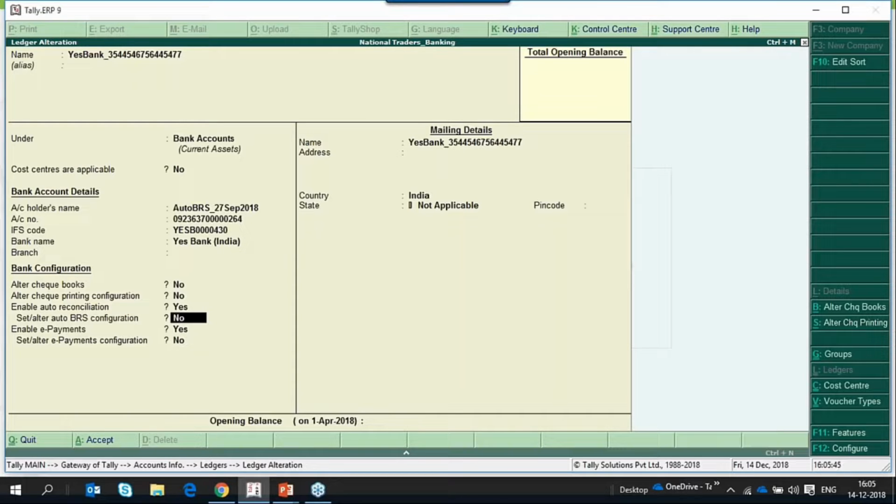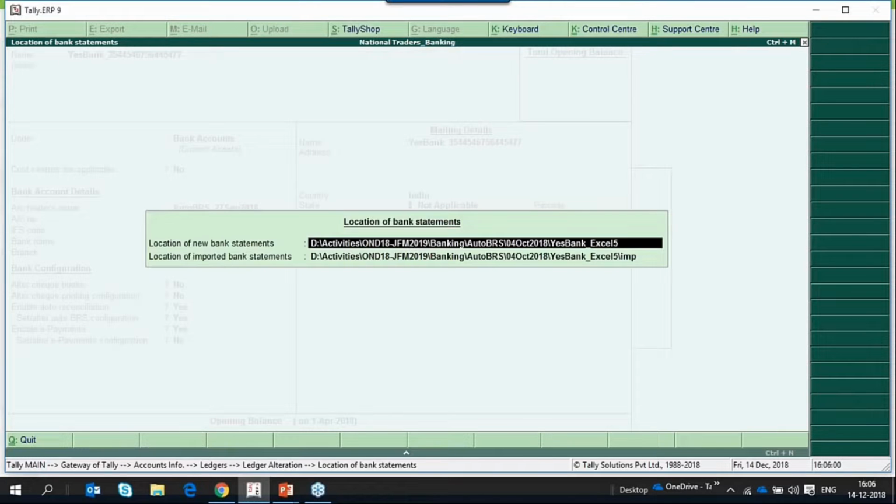So now to start with Auto Bank Reconciliation, we have to enable this option called Enable Auto Reconciliation. This will be enabled by default, and we have to go to this Set or Alter Auto BRS configuration to configure the location of bank statement.